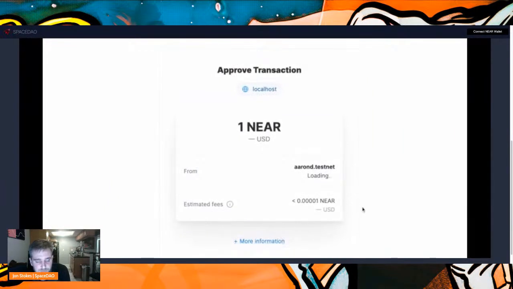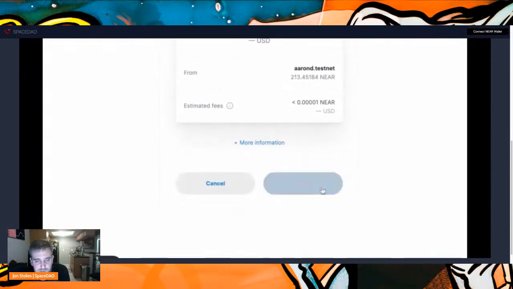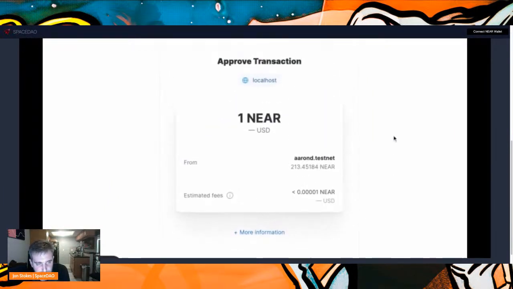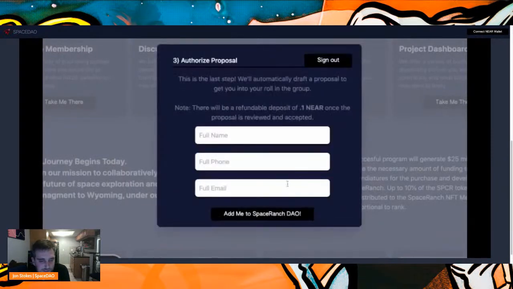After you complete the purchase, it'll prompt you to enter your details, which will be the vetting process for onboarding into the DAO.